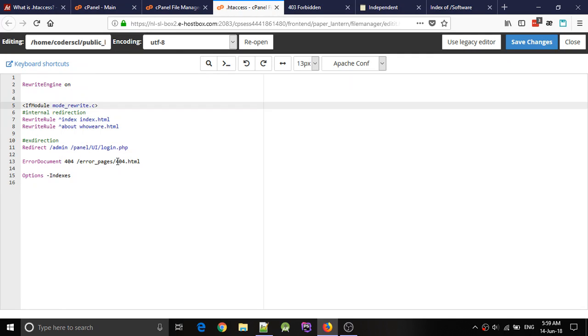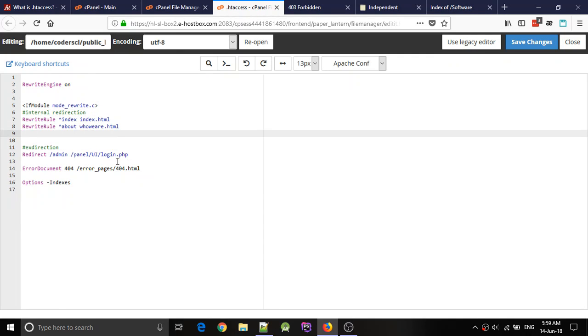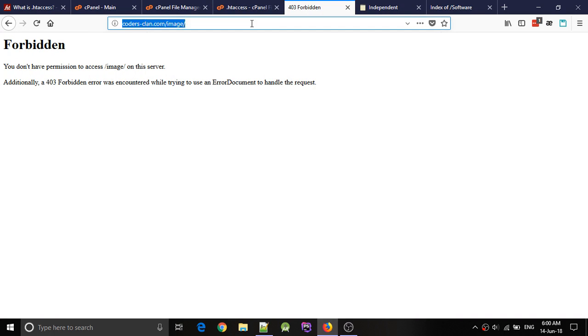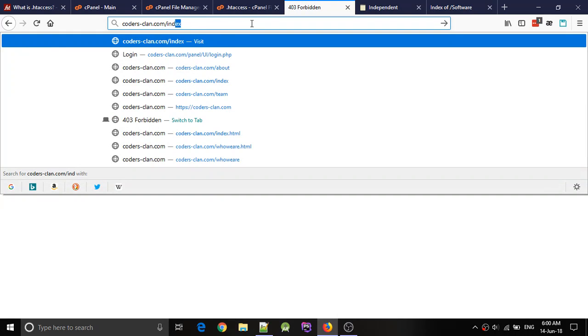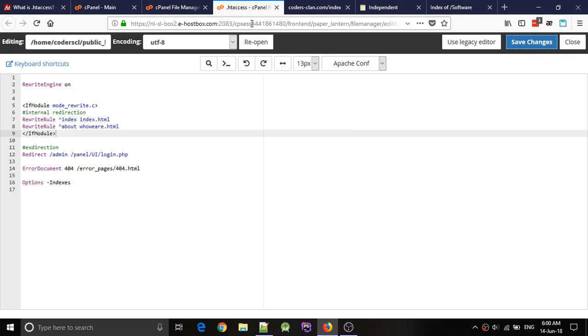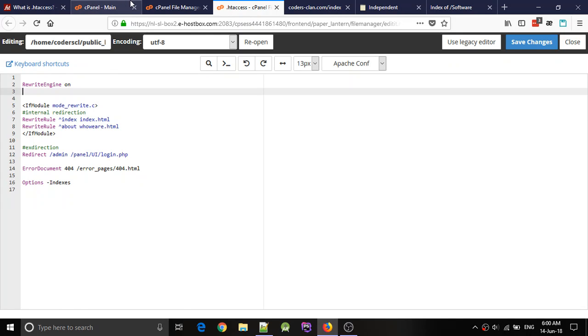Now access index, yes, that's working. Now be on the safer side. First check if this module mod_rewrite exists, then do all the redirection. Okay, now the next thing is, yes, of course,